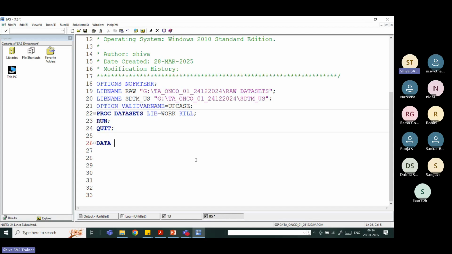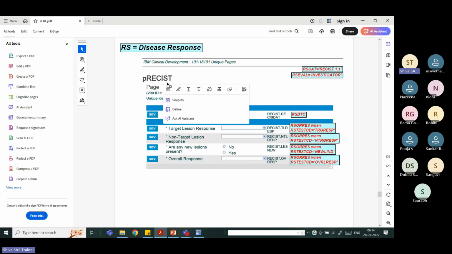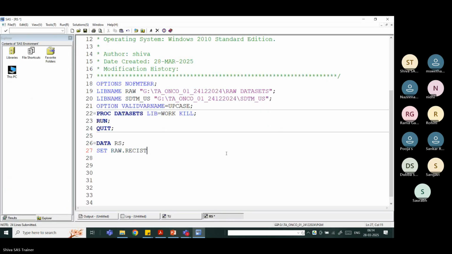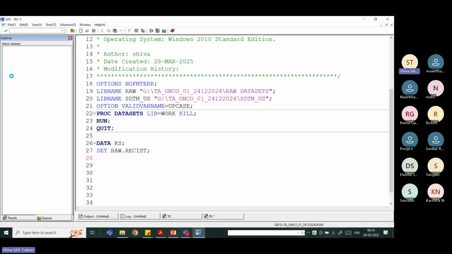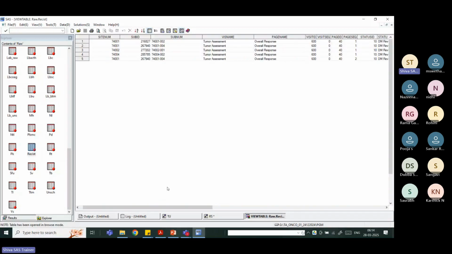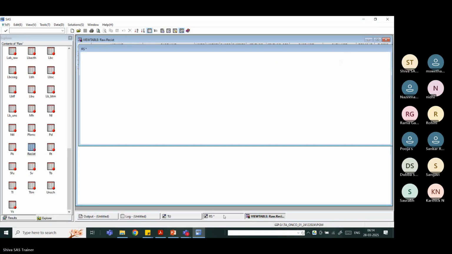Data RS set. We can take the raw dataset. What is the raw dataset they use? RECIST. Let me open the RECIST once. You can see the subject having the responses like this, CR, PR, SD. Okay, so